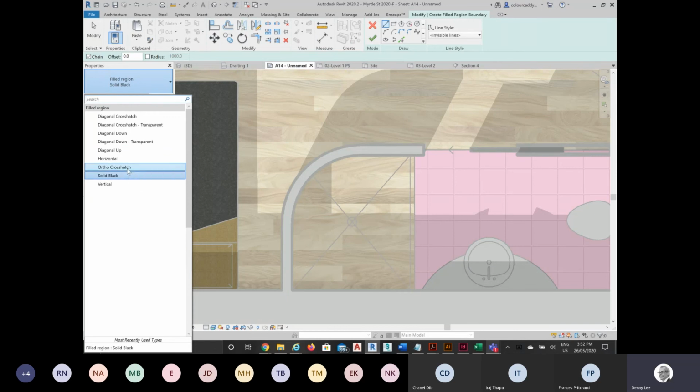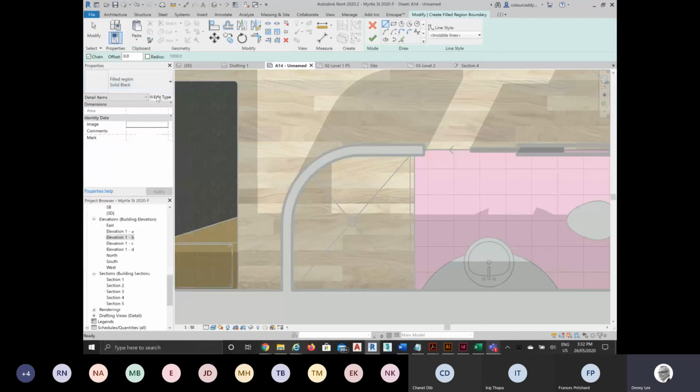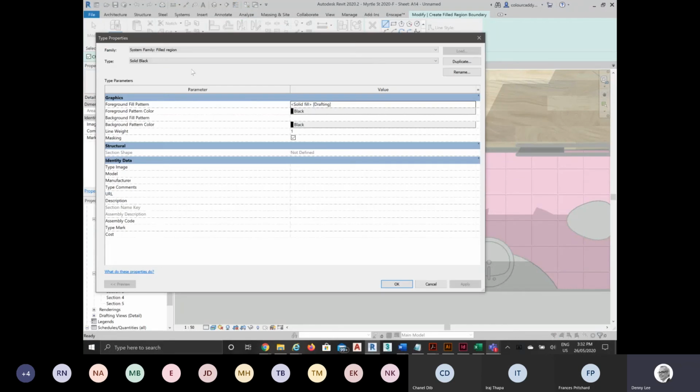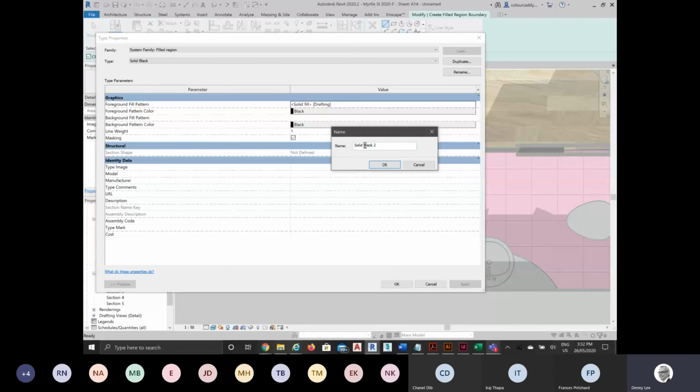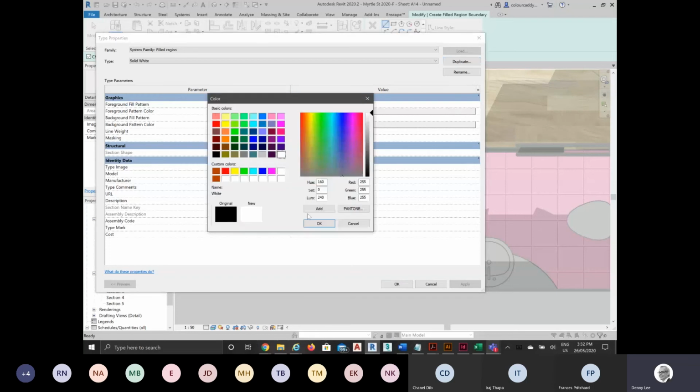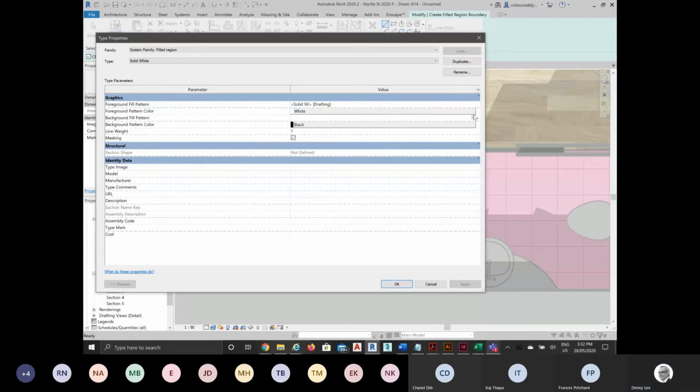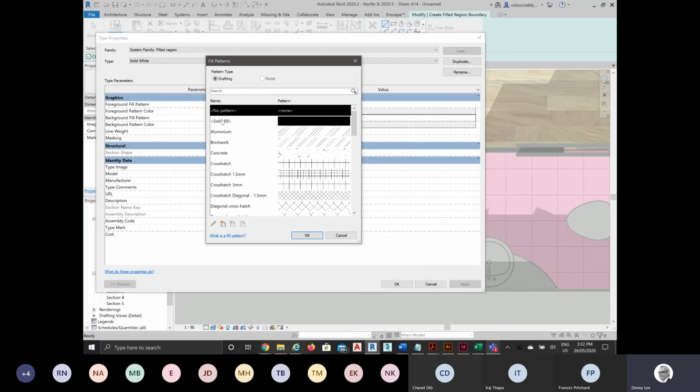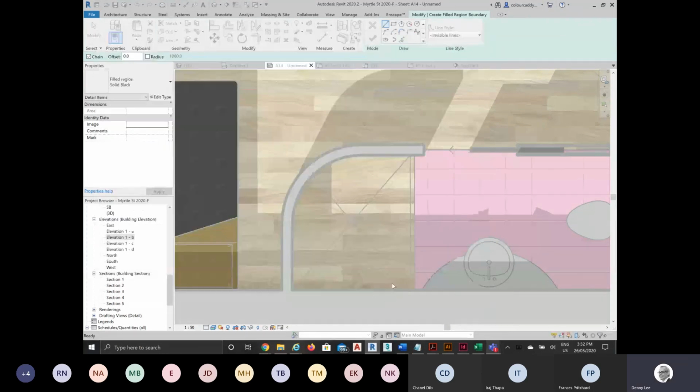People wonder, why do we have masking regions and filled regions when I can just make a filled region, and here this one's solid black, so you can make it solid white. These can be useful, even though you might think at first it's just like a masking region. So if I make this solid white and draw the same thing,